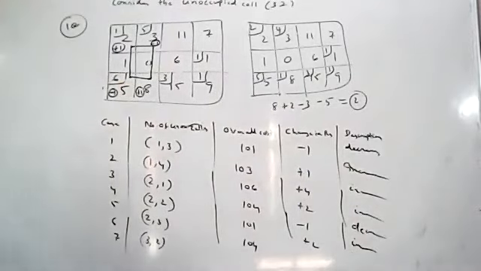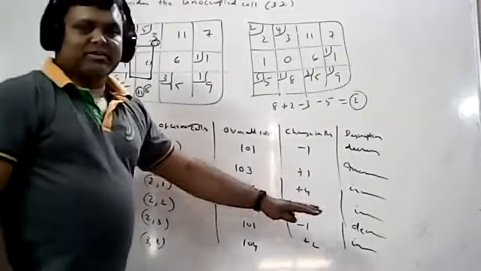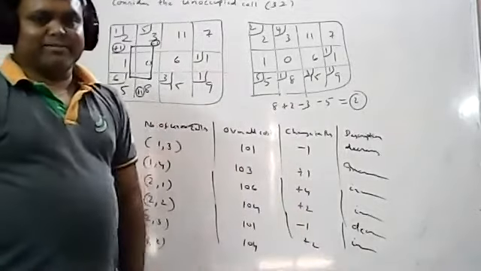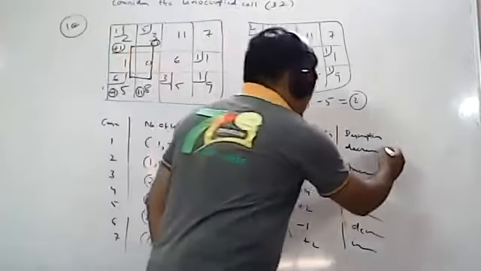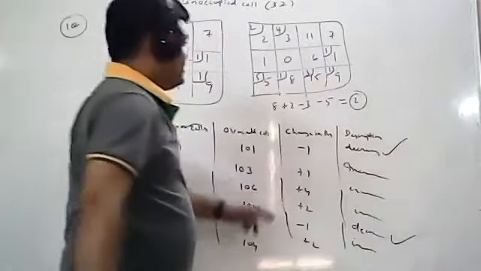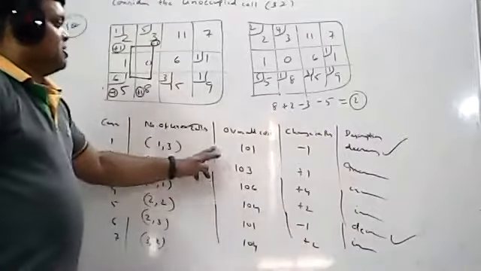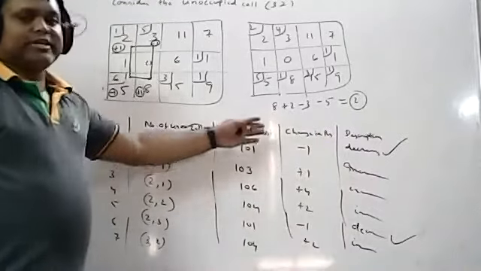So increase I don't want. Optimum solution means always it should be equal or less than VAM method answer. So less than means I will take only decrease. So how many decrease values are there? This one is decrease, this one is decrease. Here also -1, here also -1. So what is the solution for this particular problem? Only decrease.